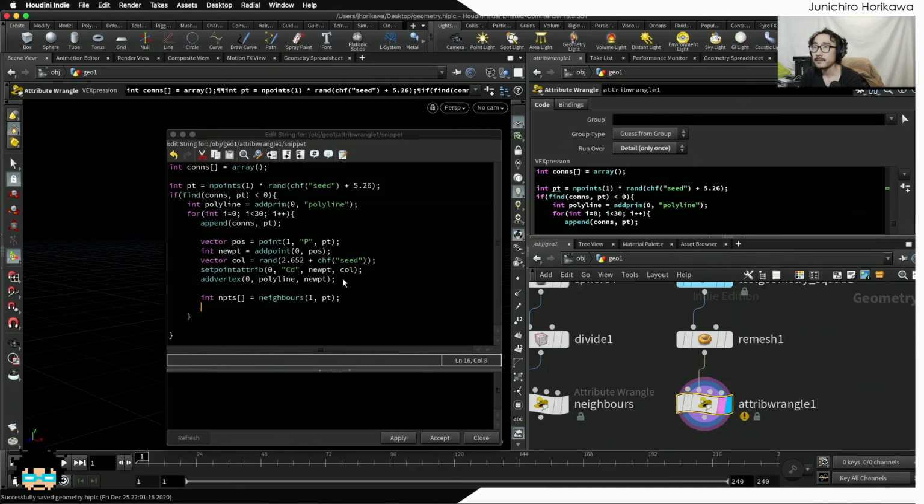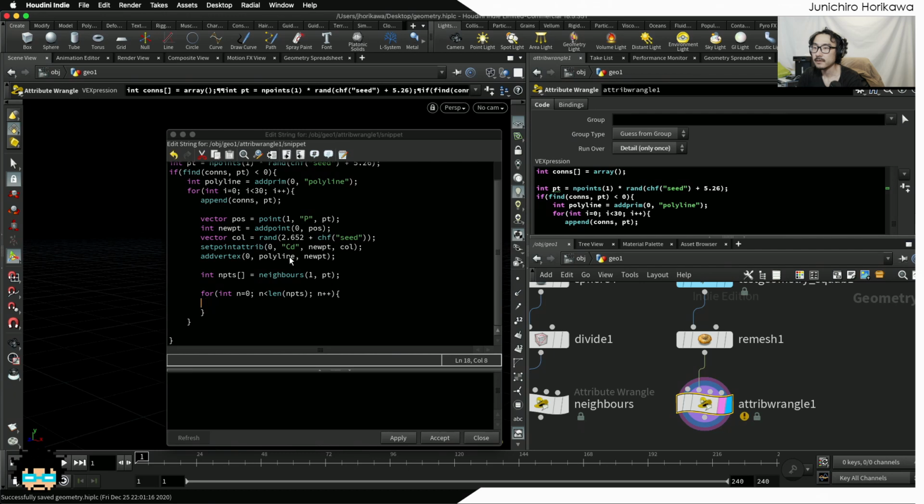Okay, and I'm going to loop through all the values inside this neighbors. Maybe I'm gonna use n as an add variable, then npts. Okay, I seem to have some index problem here. All right. Now, what I would like to do is to first get the NPT value at n. Okay. So starting from 0 until the end of the NPTS index,